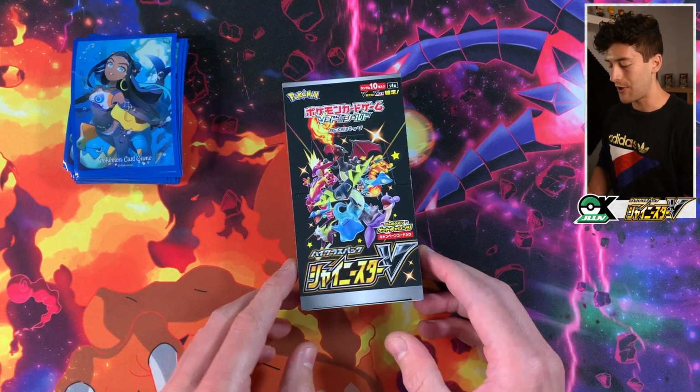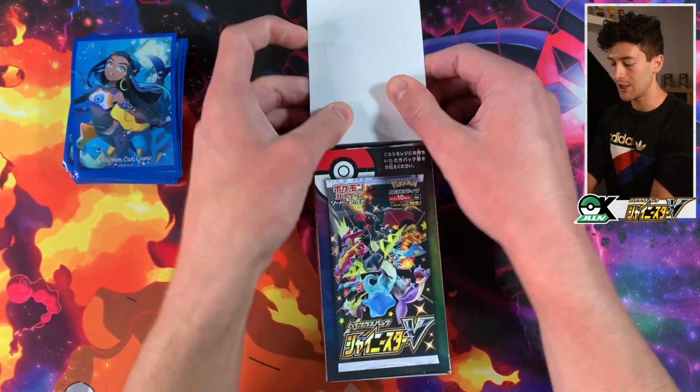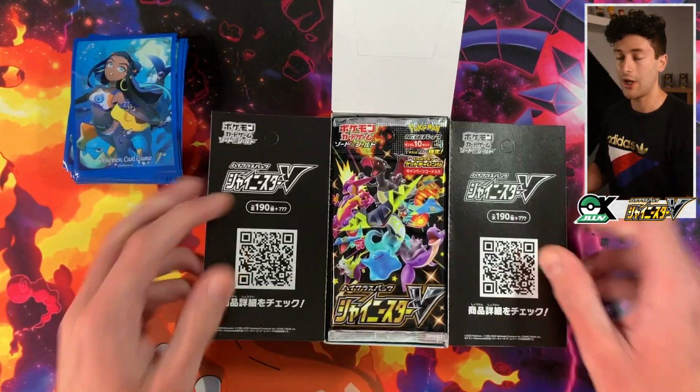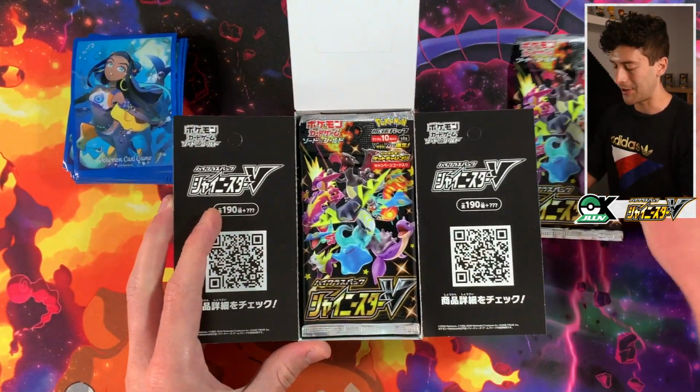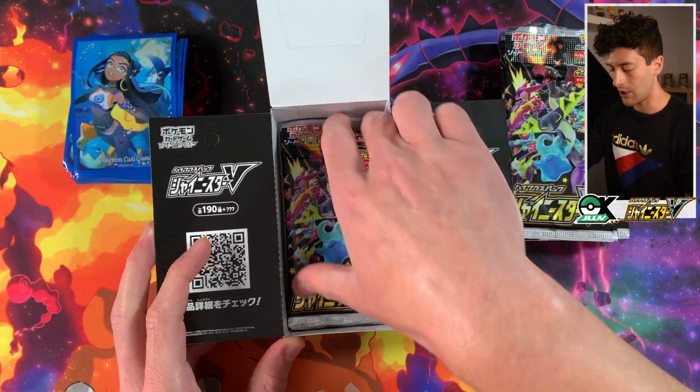Okay, so if this is your first time here, you'll learn very quickly that I pronounce the names of the Pokemon in Japanese. If you're a return visitor, you'll already know that. But yeah, I'm always excited to open up a box of Shiny Star V. I don't really shuffle them, so I'm just going to take them out in sequential order and we'll just jump straight